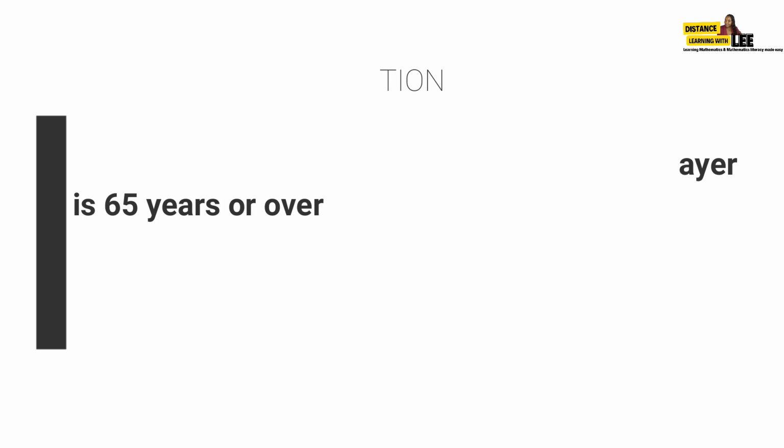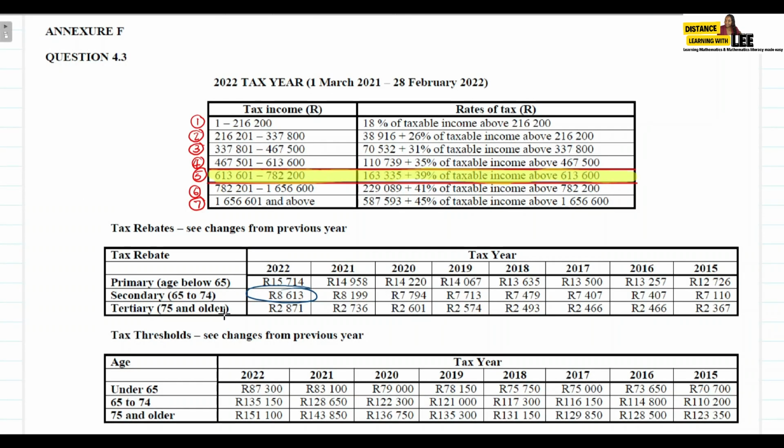Your tertiary rebate is an amount that you will reduce from the tax if the taxpayer is 75 years or older. So in this case, because our taxpayer is between the ages of 65 to 74 years, we're going to subtract that 8,613 and we still need to subtract that 15,714 because the primary rebate is also deducted for all